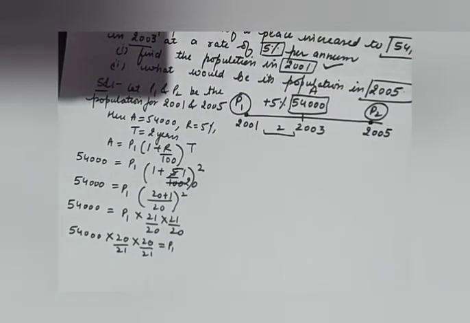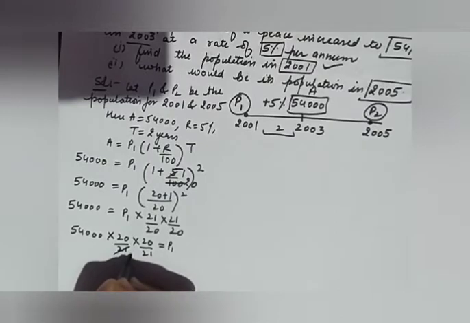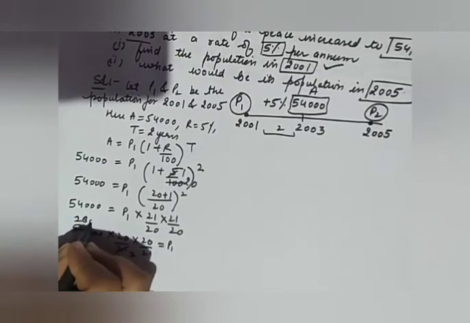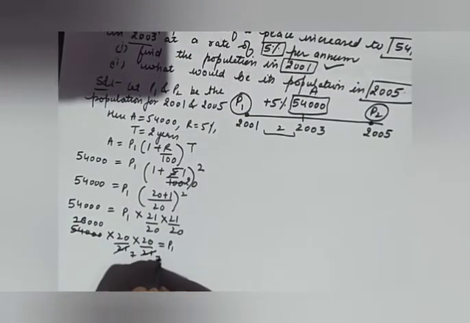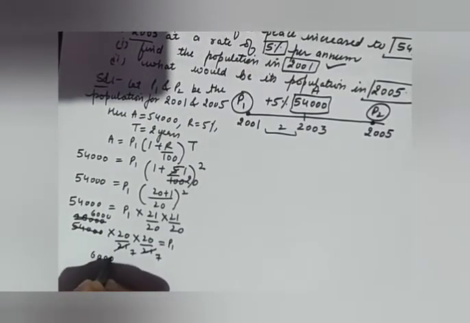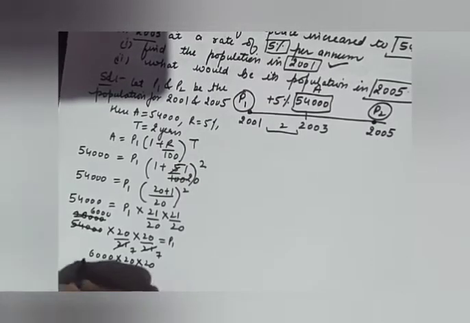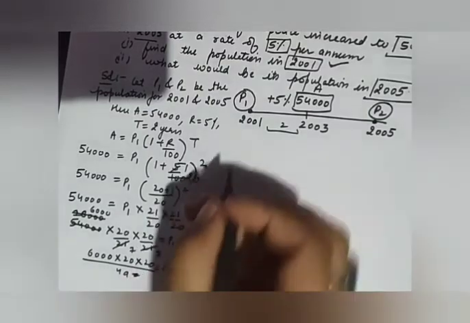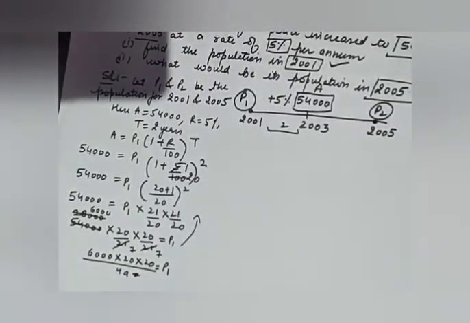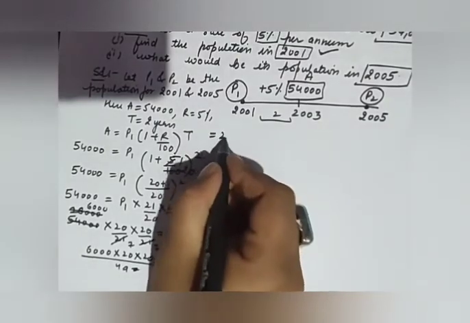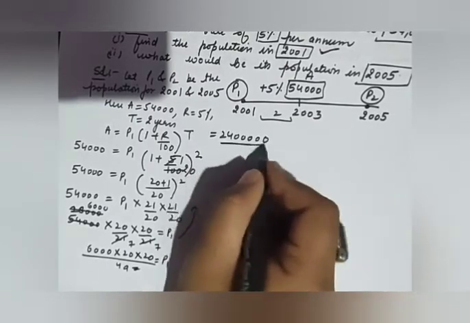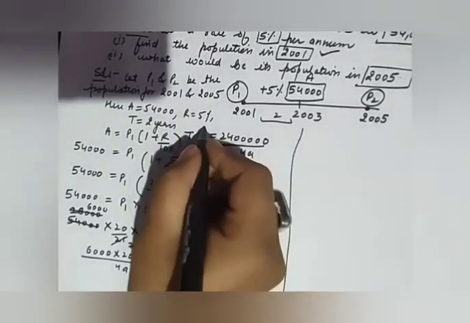So what will be the value of P1 here, students? So it will be 3 sevens are 21, and 3 twos are 6, and 3 sixes are 18,000 here. Again 3 sevens are 21, it will be your 6,000 here. So it is like 6,000 into 20 into 20 upon 49 is equal to P1 here. Okay, is equal to P1. So when I will be dividing these now, I will be getting how much value? I will be getting 2400000, 1 2 3 4 5 zeros, okay, upon 49, and that value will be equal to how much?